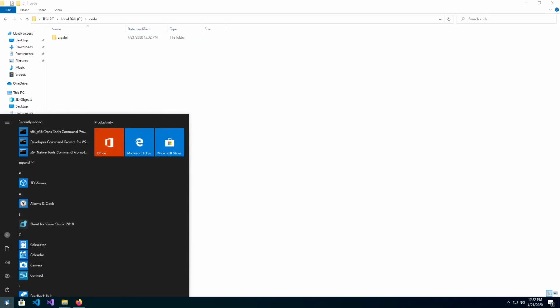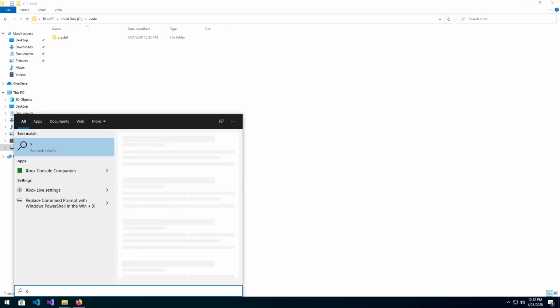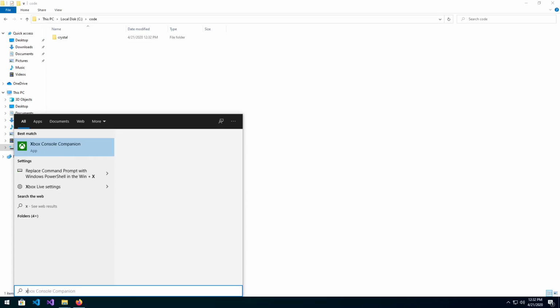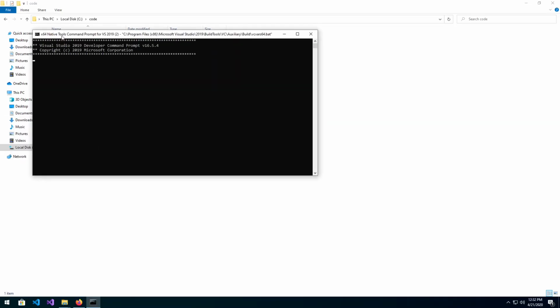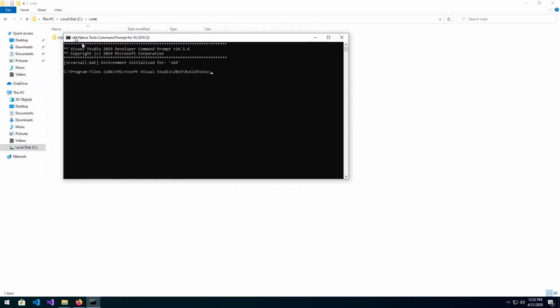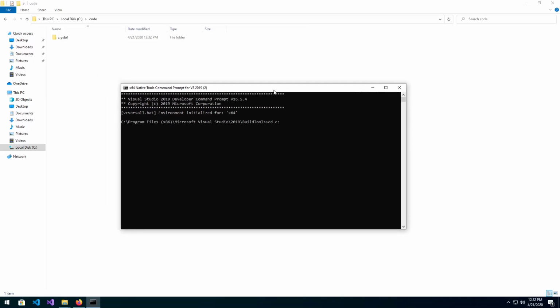Okay, now we will need this developer command prompt to enable the environment variables needed to launch the compiler. So we'll just open that. Make sure you're using this one and change to the directory that we had created. Right away, we'll add Crystal itself to the path, so we can just run Crystal. Path equals path, and